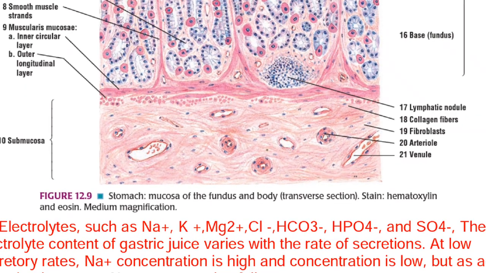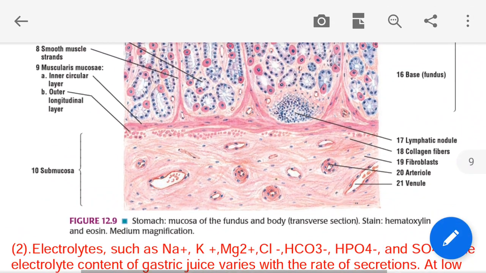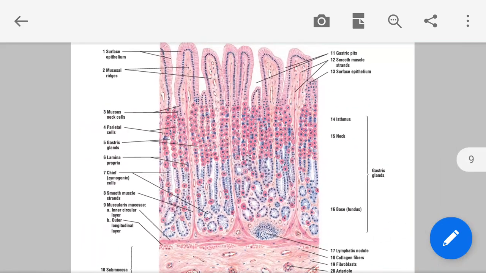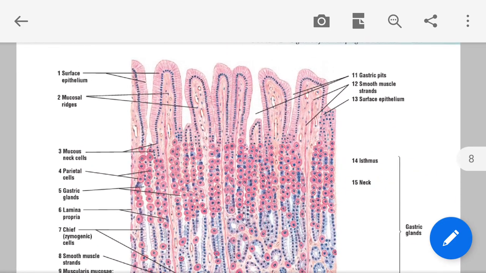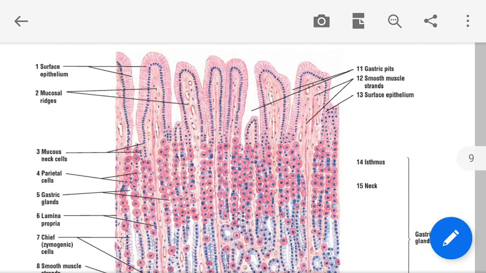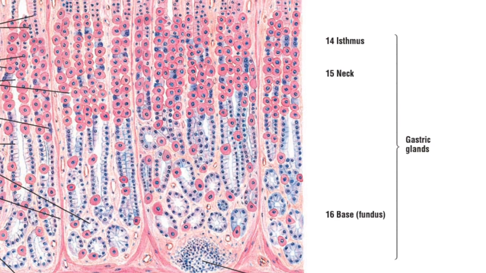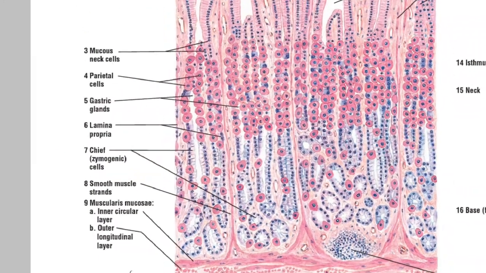For example, here you can read the title, that is figure 12.9, stomach, mucosa of the fundus and body, transverse section. The slide is stained with hematoxylin and eosin, and we are observing it under the medium magnification of the microscope. Once again I suggest you go through all the names. All the names are very important. For example, the gastric gland and all the cells,